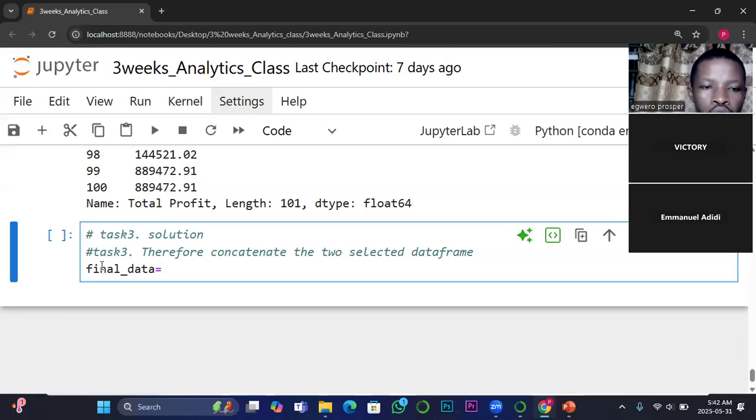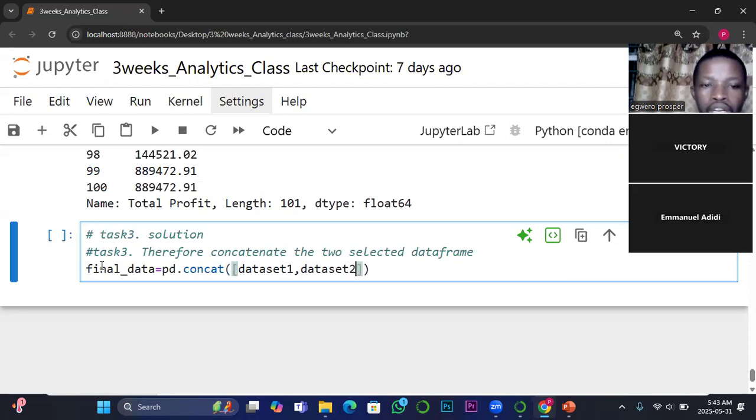Now, I will do PD dot concat, you are not to spell it in full. Then open this, then put the selection bracket because you want to reference those two data sets, data set 1, data set 2. You are to just call the name. You don't have to put them in string because they are valid variables. So we just say data set 1. Then I will just put comma. I will say data set